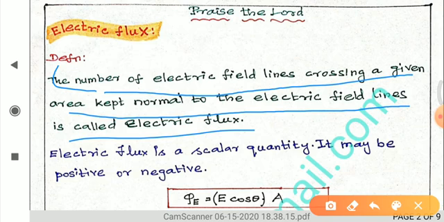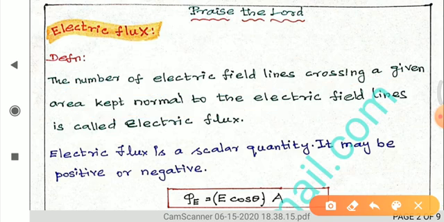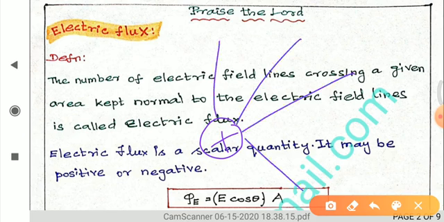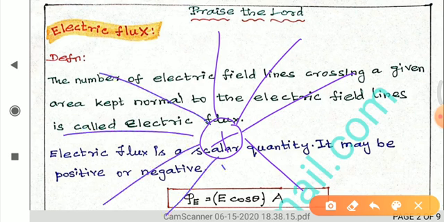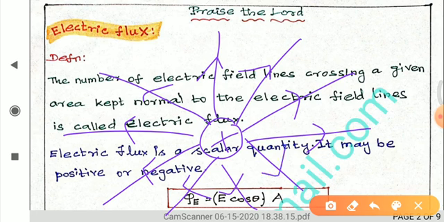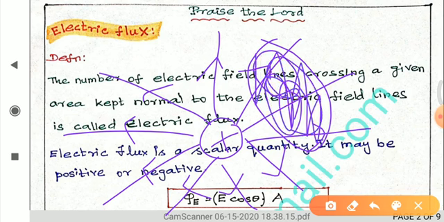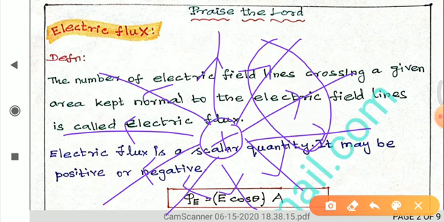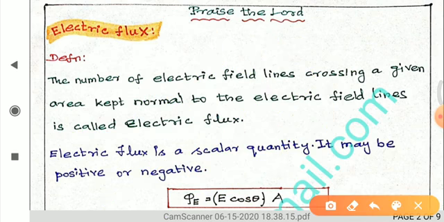Suppose you are not understanding the concept, now we are assuming that there is a point charge. Let us have a plus charge. This positive charge can produce a number of lines of force radially outwards if we consider it a point charge. So through this direction of electric field, if we consider any surface, how many lines of force are crossing into that particular surface, that is known as electric flux.